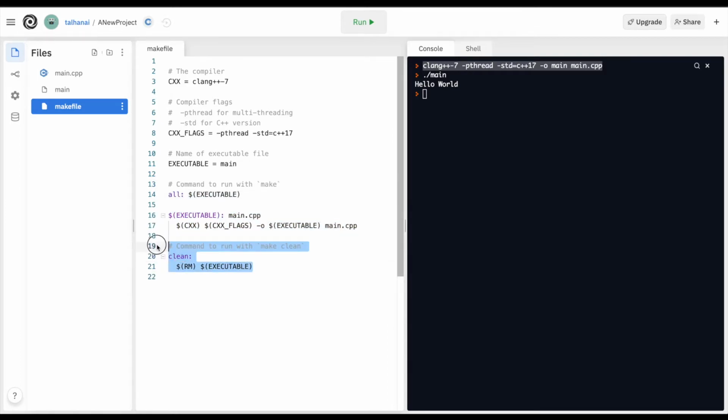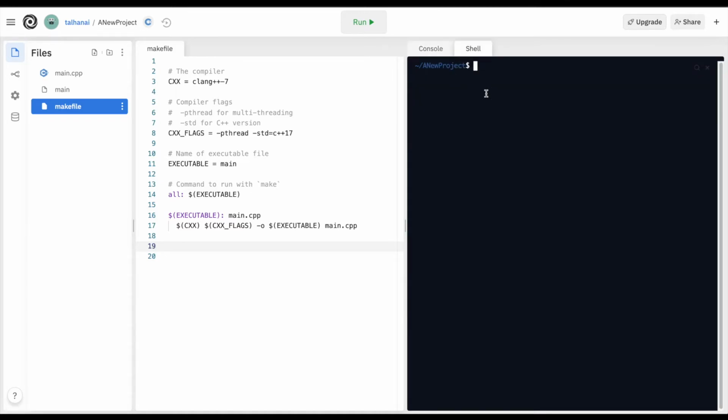The next thing we can define is how we're going to execute when we call the makefile. So this all is going to be called when in the shell we call the makefile. To call the makefile, we can type make all, and when we do that, it knows by default to look for a file with the name makefile, and it will assign all the variables, CXX, flags, executable, and then it will only run the code that's specified by all: